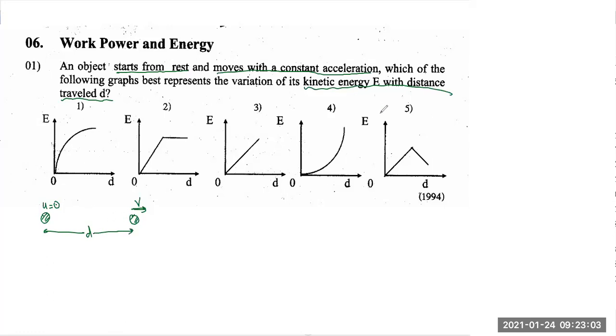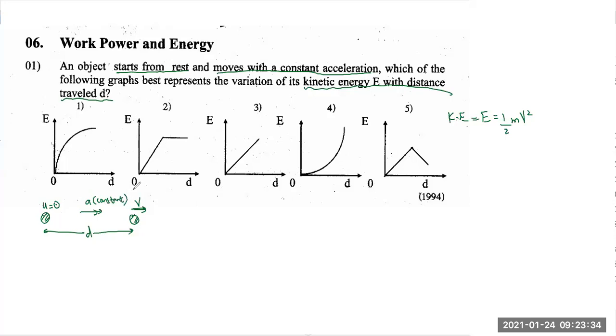Because kinetic energy, we know. Now, they have given us kinetic energy is E, and it is equal to half mv squared. So what matters the most is v squared, because m is anyway a constant for an object. We have to see how velocity is going to vary with distance. Now they have given us the acceleration, and that is given as a constant.